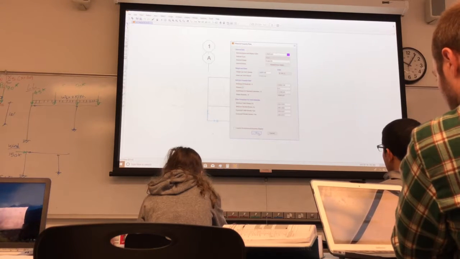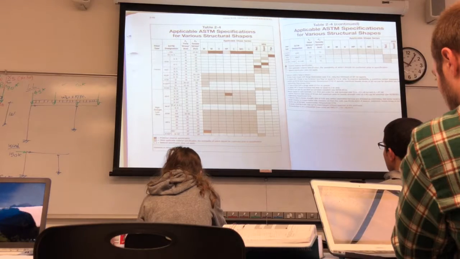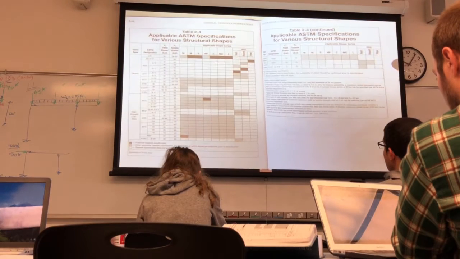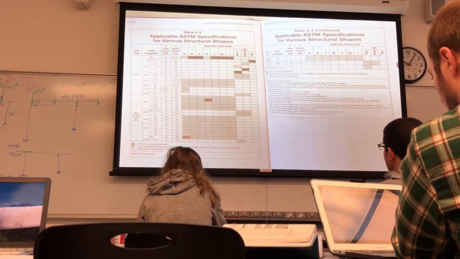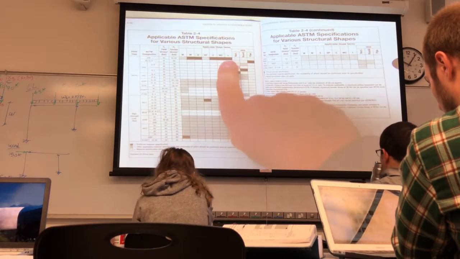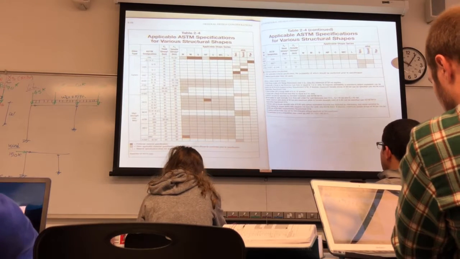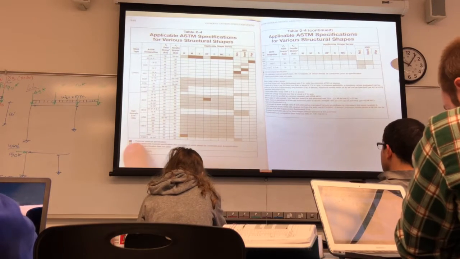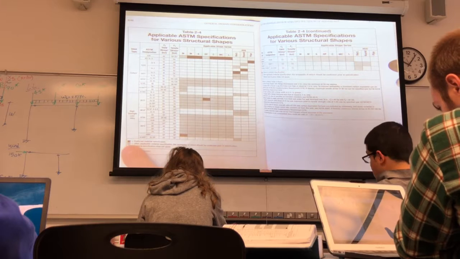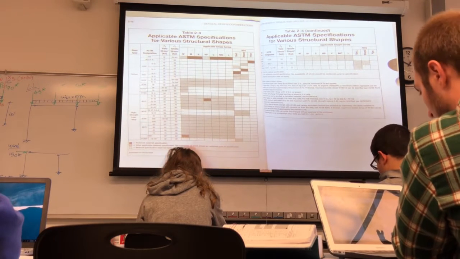Where did you find A992? Yeah, table, you remember this table we talked about, table 2-4? We said that has the preferred material type, right? For a W section, we use A992. For an angle, we use A36. The solid one is the preferred material type. It says here preferred material specification, and the gray one means that it's not the preferred one, but it's